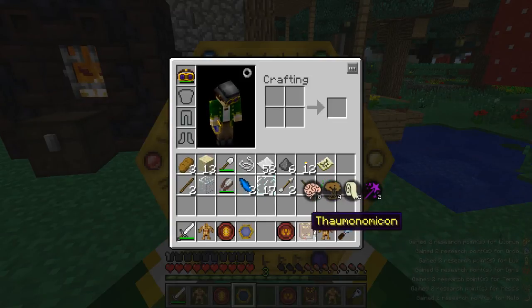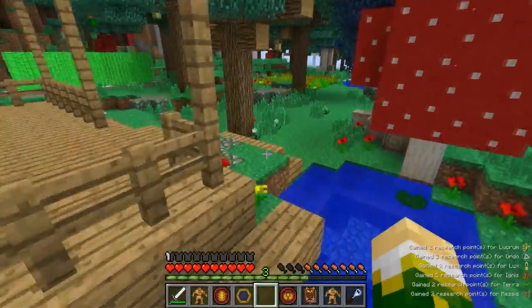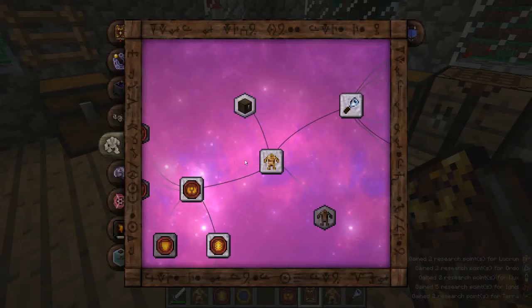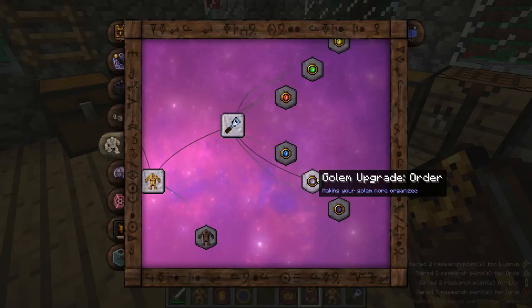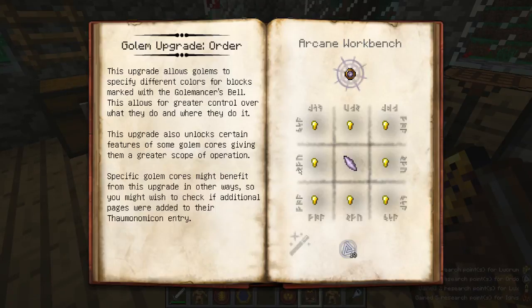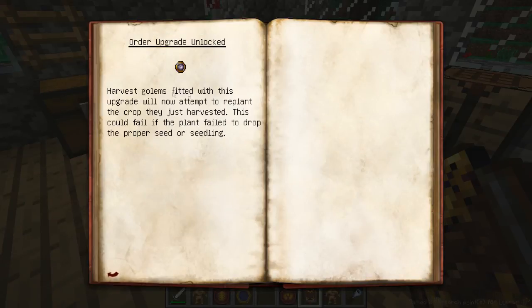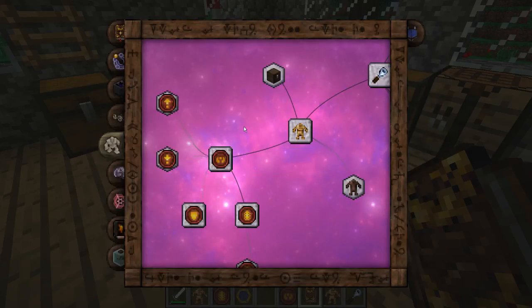Alright, I'm almost ready. There's another thing I want. I want a... get into the Golemancy tab. I want a golem upgrade order. Okay. It doesn't tell you why here, but it should tell you why under harvest. Fortunately, they're not smart enough to replant crops. They harvest, sure, maybe a bit of magic to work that, blah, blah, blah, blah. Here we go. Harvest golems fitted with this upgrade will now attempt to replant the crop they just harvested. This could fail if the plant failed to drop the proper seed or seedling, which...